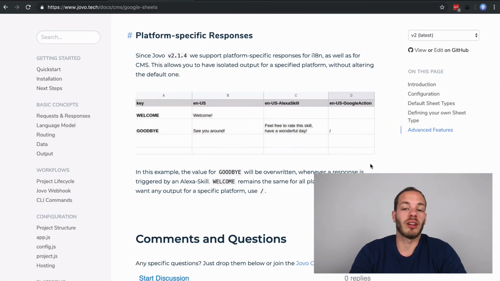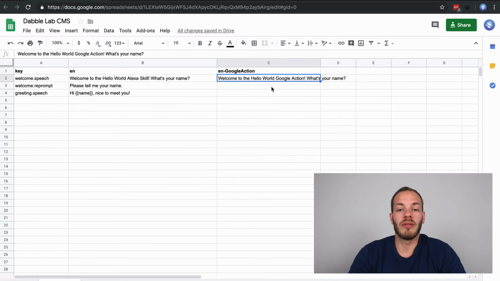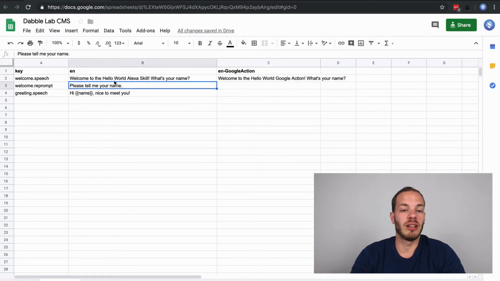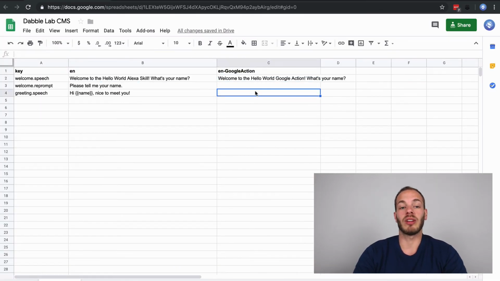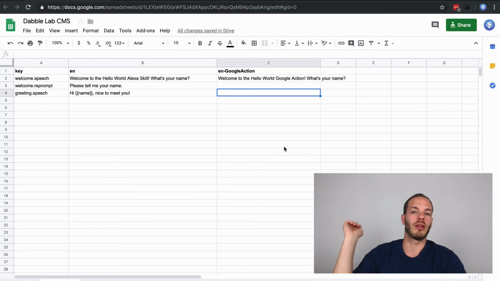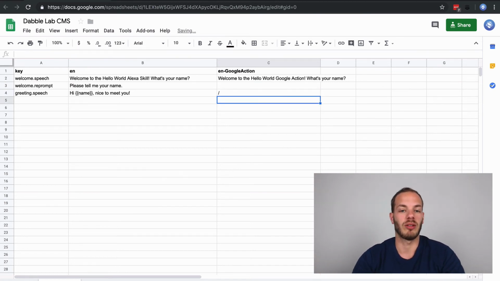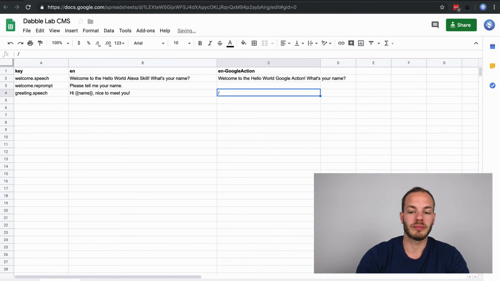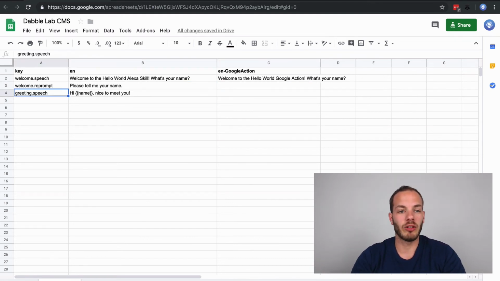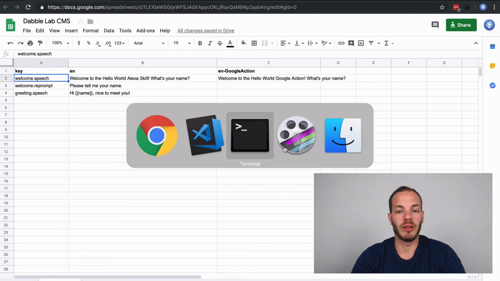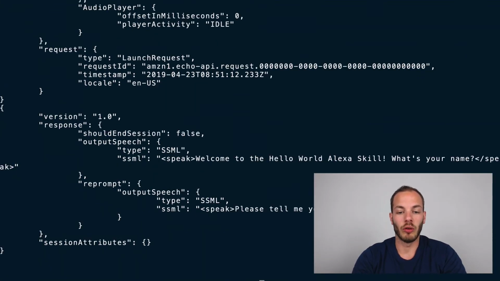So, and then there's other things, for example, if this is empty, as I said, then it just uses this one. But if I don't want to say anything, just want to respond with nothing, then I could just use this, for example, just a slash. And okay, and so let's try this out. Let's see. So if I now do Jovo run again